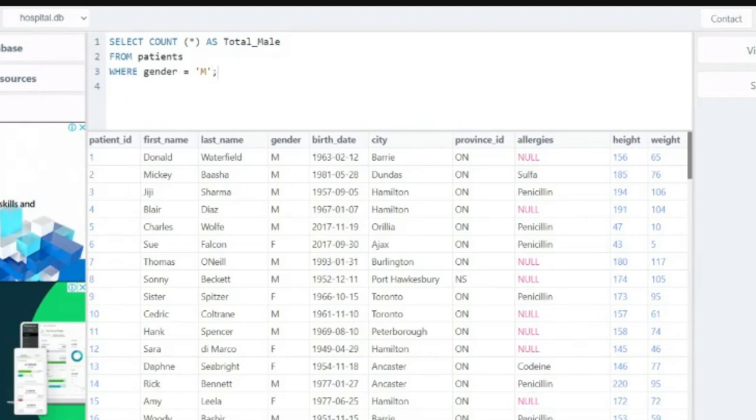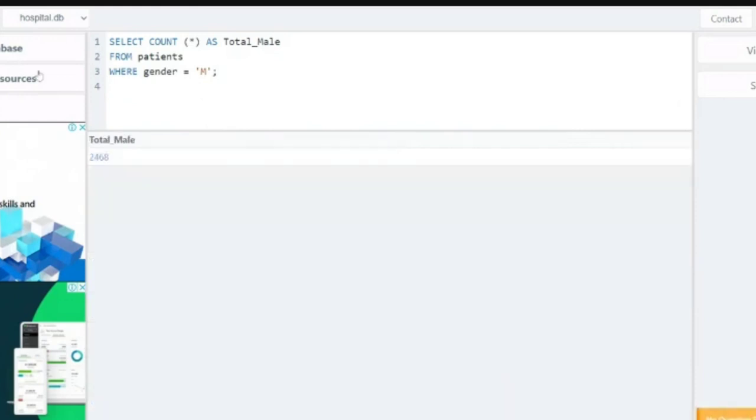So let's click run. Our result shows that we have 2,468 males. And then you can just replace the column name with whatever name you would want.